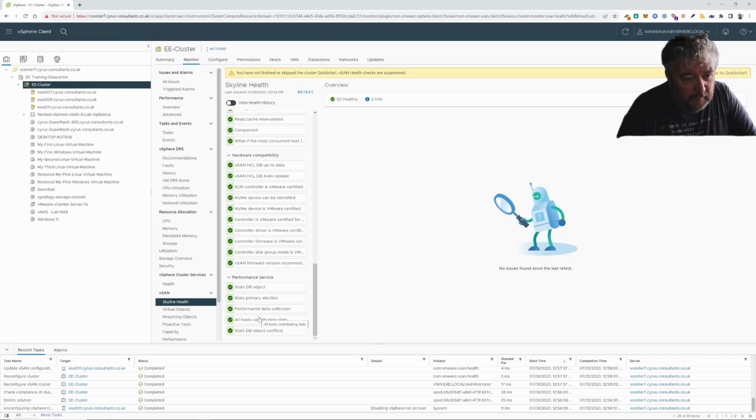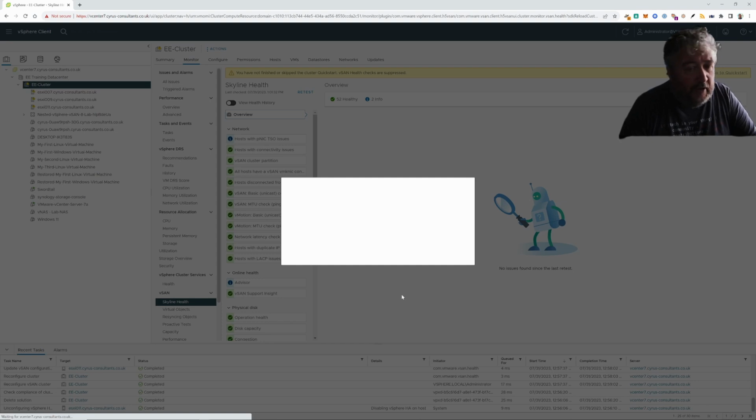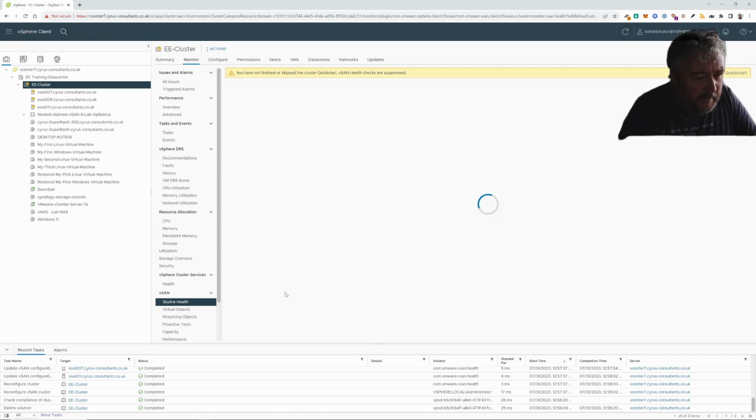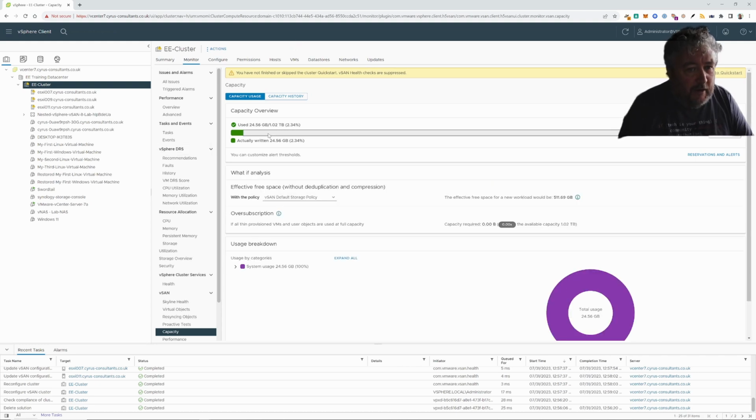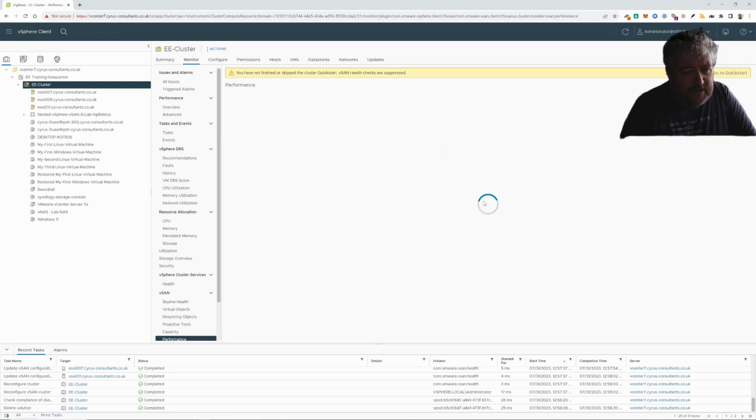With our environment, we can click retest here and it will go off, and we can retest with online health. This might find some things. This might turn around and tell us that we've got some issues. HCLs, I would think, is probably going to pop up. So we can look at the capacity. There's our 24 gig currently in use, 1 terabyte free. We can look at performance information,